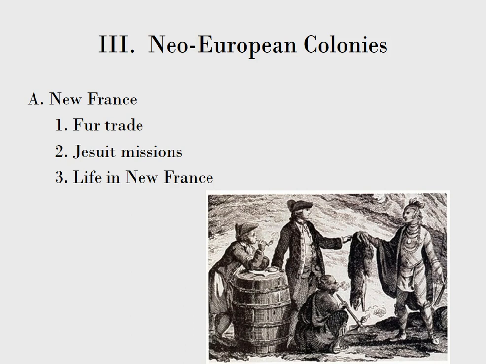The English want their land. The French just want money, so they're going to trade with them. Whereas the English are going to be pushing the natives further west. From 1625 to 1763, you have Jesuit missionaries. Hundreds of French Jesuit priests lived among the Indian peoples, and these are Catholics, okay? And they come to understand and respect them. And so their goal does not become conversion like the Spanish.